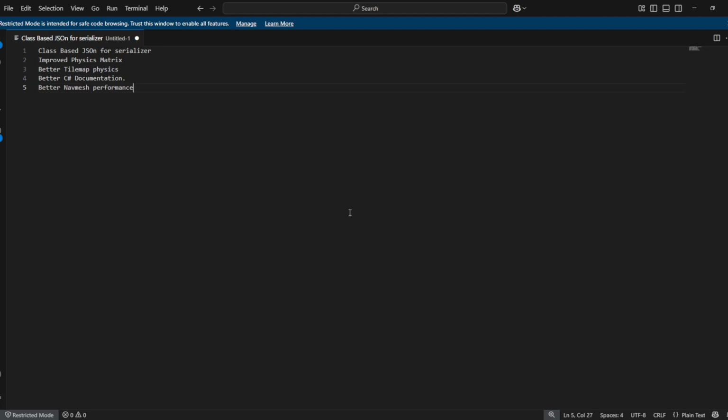So right now, from my understanding of the Git commits, the nav mesh is on the main thread. Like all the navigation's handled on the main thread. In 4.5, they're moving that to a separate thread.